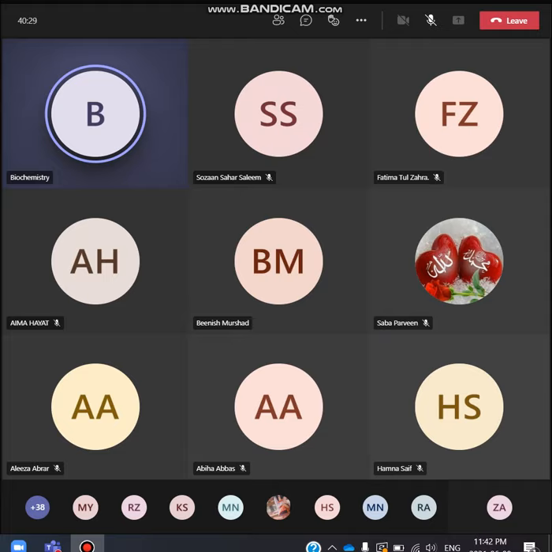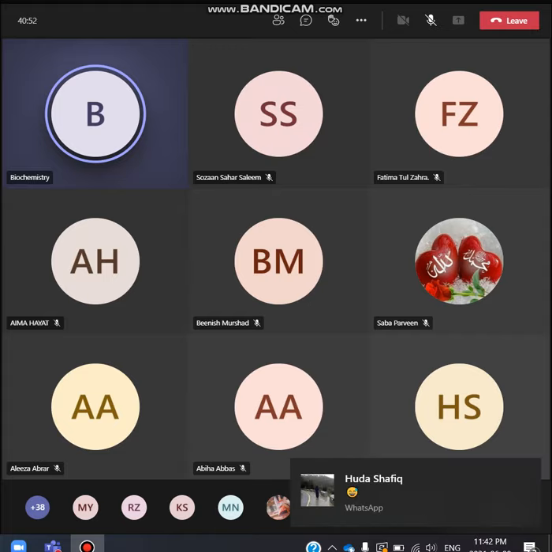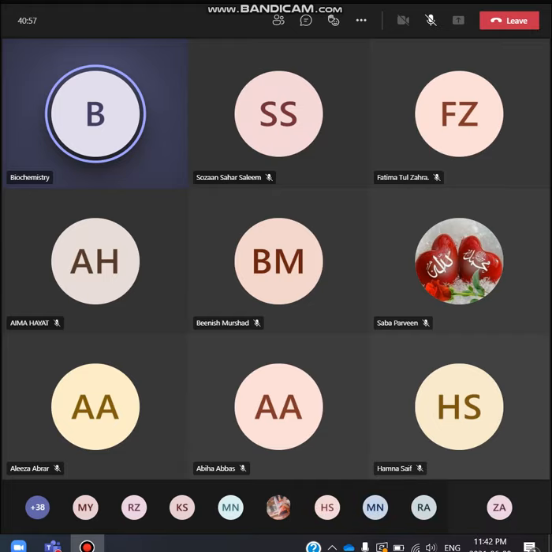Is it clear? यस मैम। So this shows that if you repeat this procedure after 3 to 4 minutes, at the end you will get no color with the starch. What does it mean? It means that there is no starch remaining that is going to be hydrolyzed. Starch has been completely hydrolyzed,